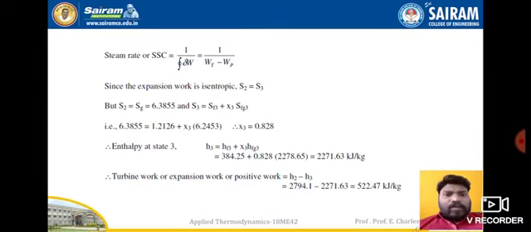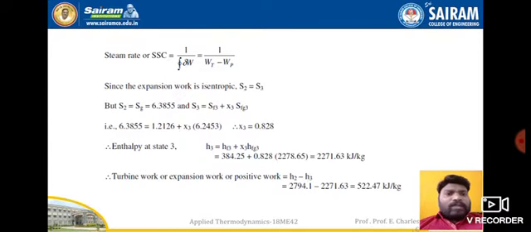And also we need to find the steam rate, as given in the problem. How do we find the steam rate? It is 1 divided by the cyclic integral of delta W, that is nothing but the net work done. What is our net work done formula? Wt minus Wp, where Wt indicates turbine work and p indicates pump. In the Rankine cycle of vapor power cycles we have a pump also, so turbine work minus pump work gives the net work done.